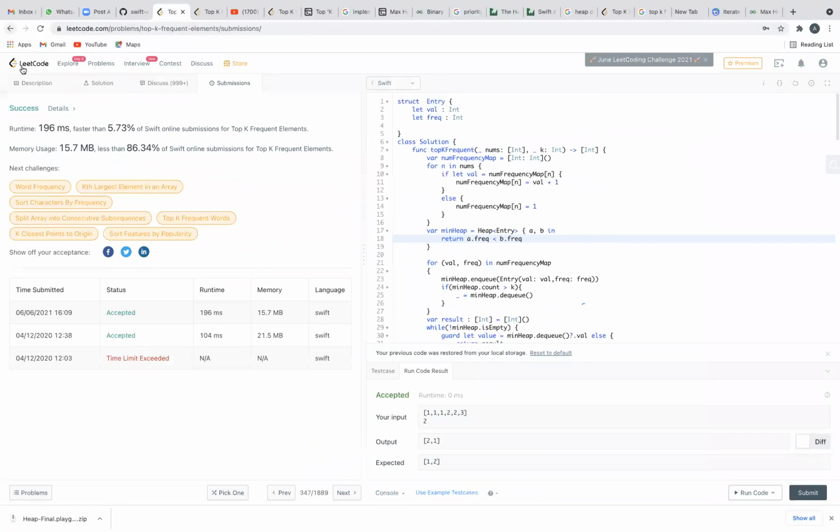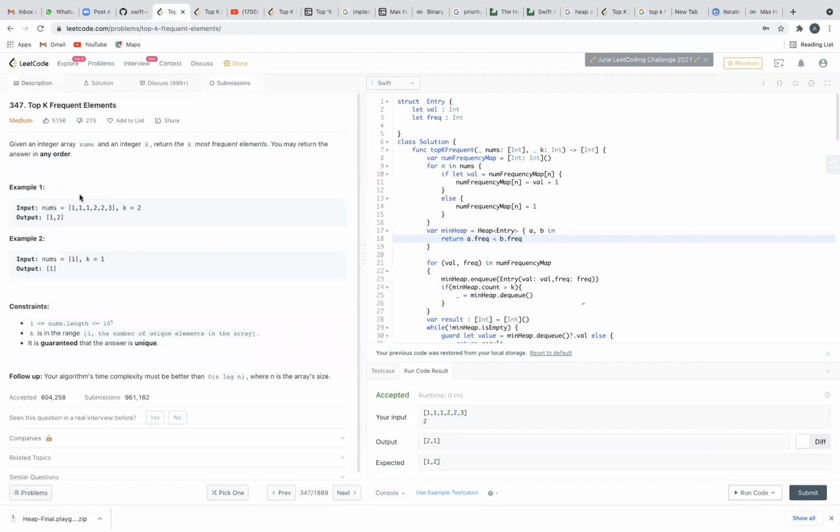Yeah, so the question is top k frequent elements. What it states is you have been given an array of integers, and you have been given a k value.